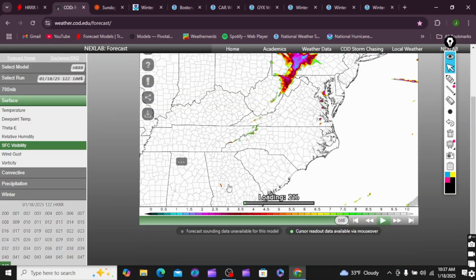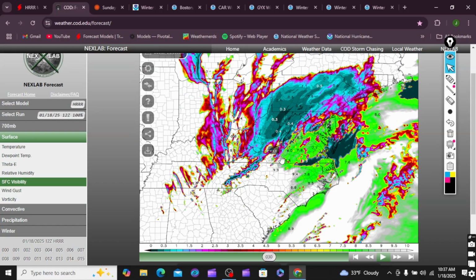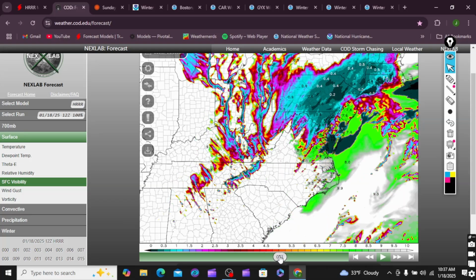So this is that visibility here, potentially, and yeah, you can really see it. This is that visibility, and we are talking about a quarter of a mile of visibility across many areas, about one there in the heaviest snows. In eastern Pennsylvania, you're talking about less than a quarter of a mile in seeing.